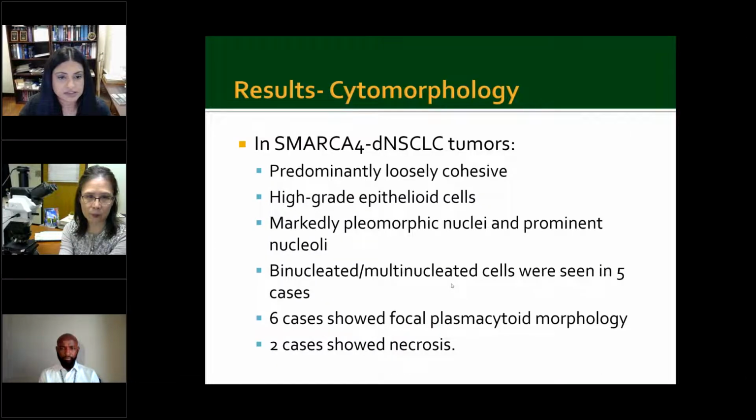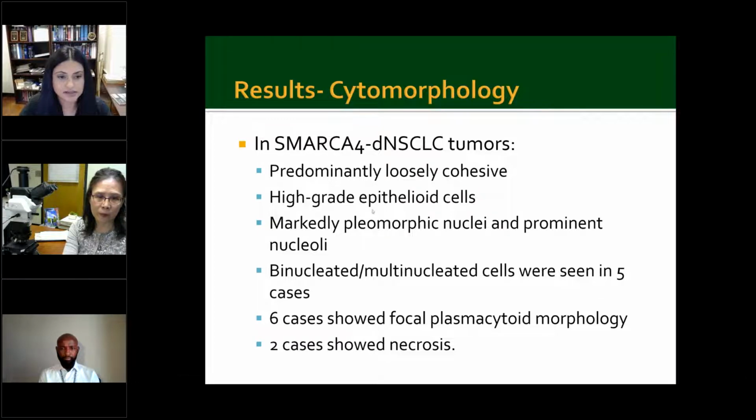So some of the results in terms of cytomorphology. This was really the meat and potatoes of this study, which I really appreciated. Here's a summary of some of the features that were found on cytomorphology, and I'm going to be showing some images as well. In SMARCA4 deficient tumors, on aspiration smears, they were found to have predominantly loosely cohesive